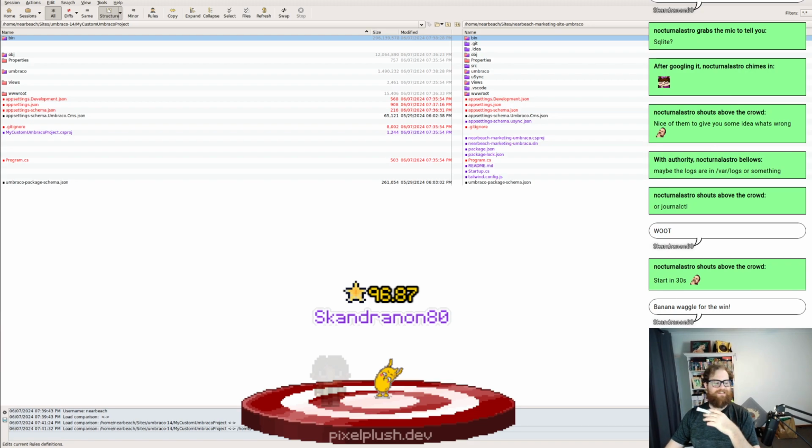Banana waggle for the win. Yep. It is a cute emoji. And you beat Nightbot,